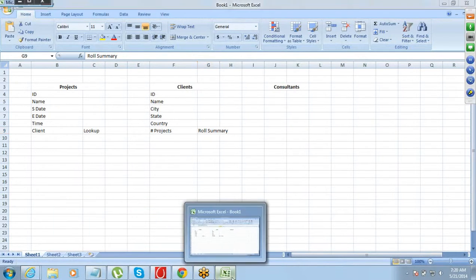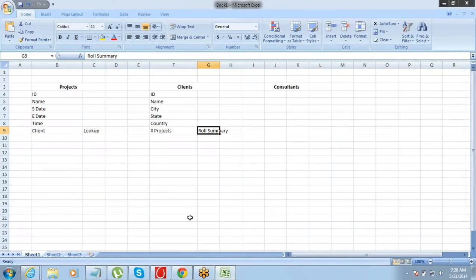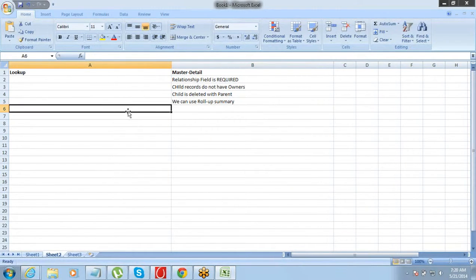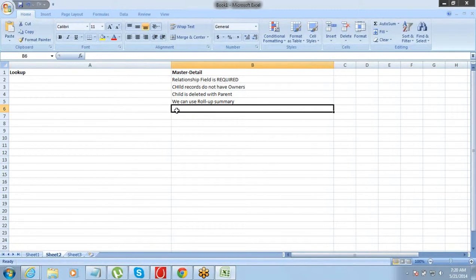And one more small difference between lookup and master detail. Lookup relationship can be established between any two objects, irrespective of whether they are standard, custom, whatever. But for master detail relationship, standard object cannot be child.